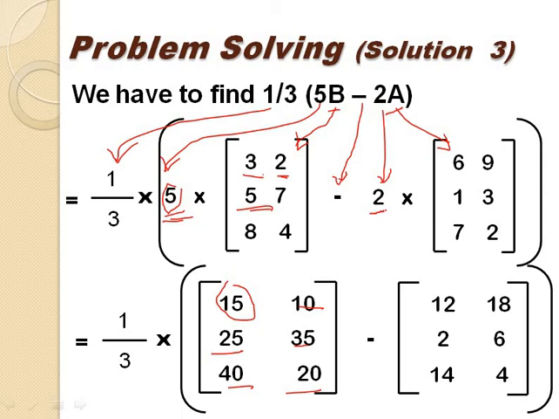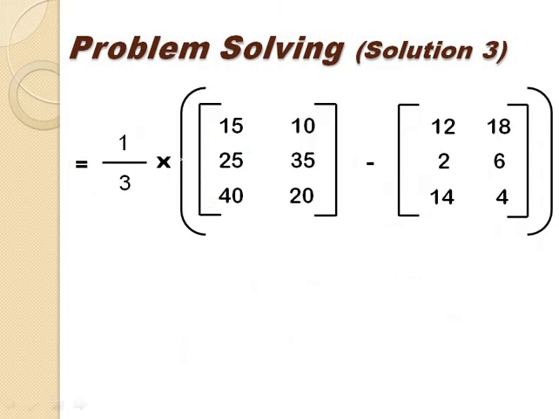Same way here we have 2 multiplied by A and we are getting this 12. 2 multiplied by 6. 2 multiplied by 7 is here 14. 2 multiplied by 1 is 2. Similarly we are getting 18, 6 and 4 by multiplying 9 with 2, 3 with 2 and 2 with 2. So we are getting this one. Now this is the same equation that we got earlier. Now if you solve this equation, what will it become?